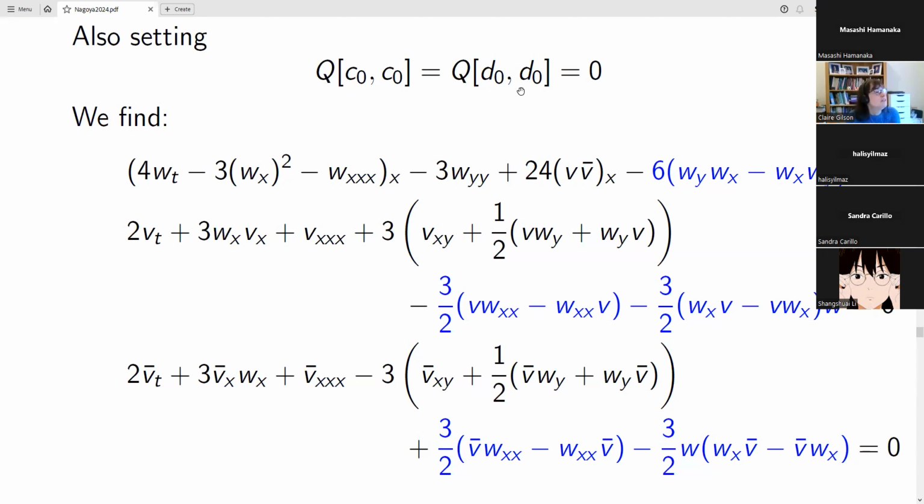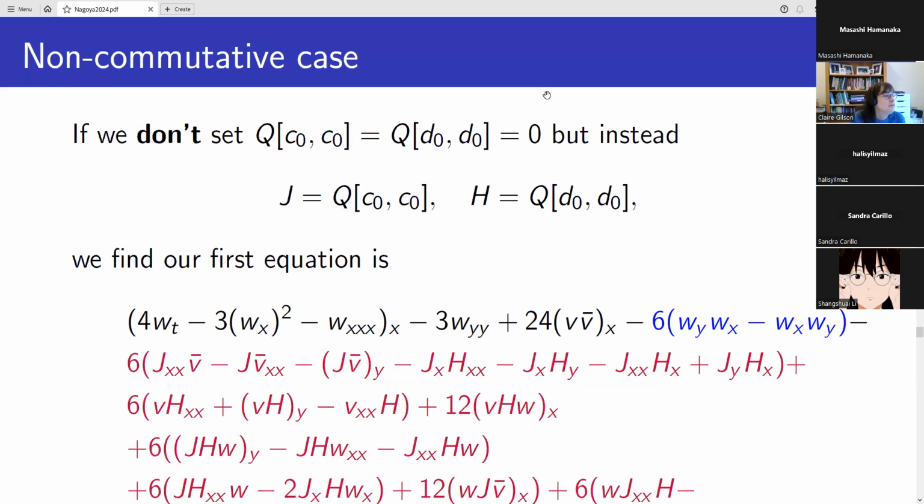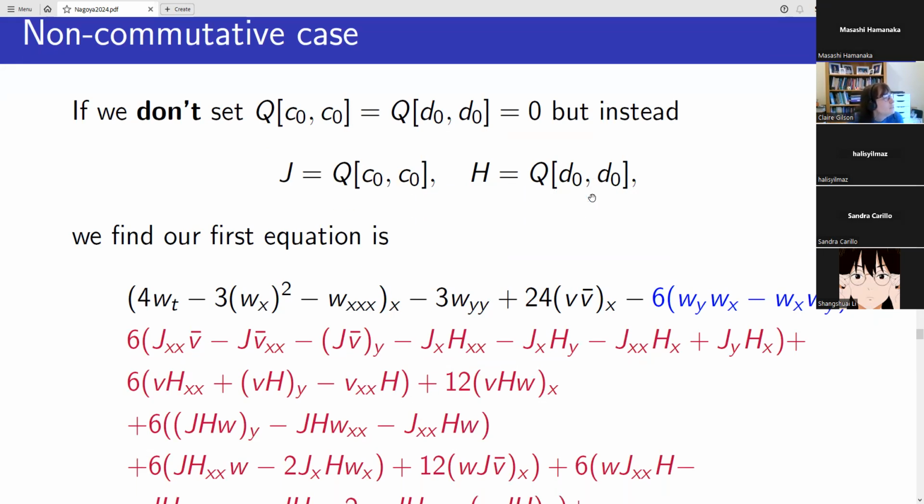It could be that if I do some simple condition on the quasi-Pfaffian, some simple constraint, they really do vanish. But this is something I need to think a little more about. So if I say, oh, well, I don't know whether these vanish, and I put them back in again, I get something much more interesting. So I'm going to call the two that I expect to vanish J and H.